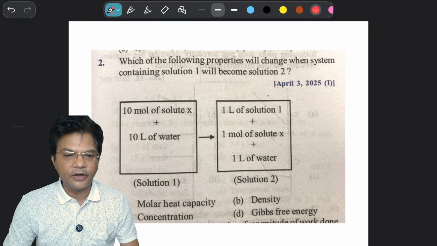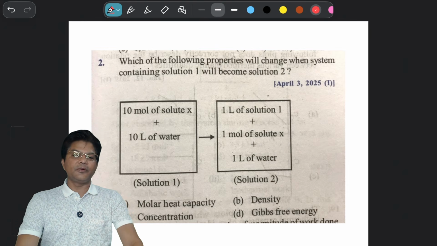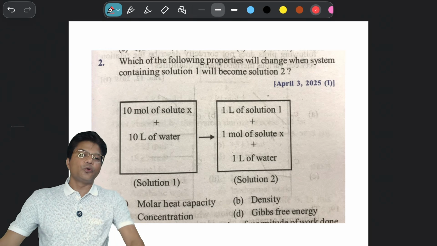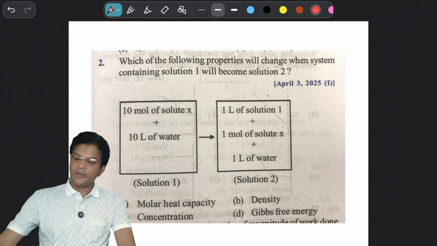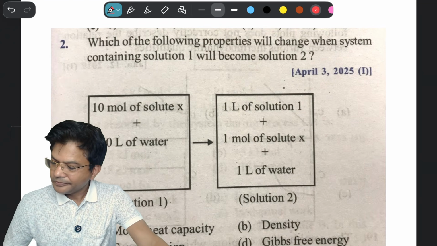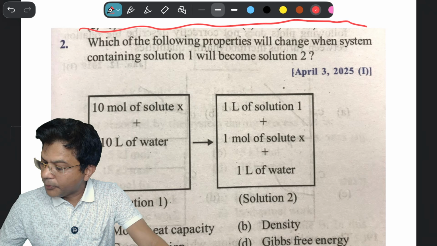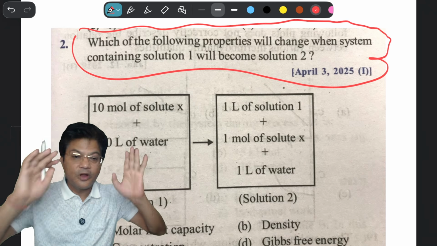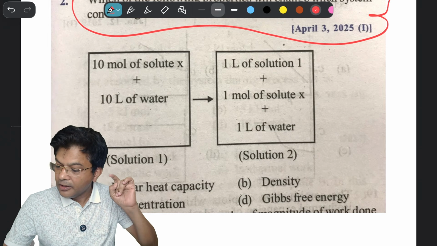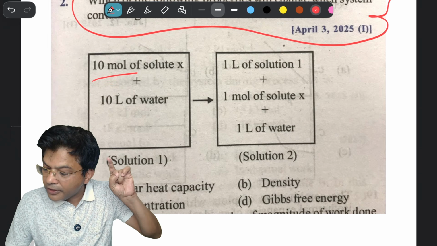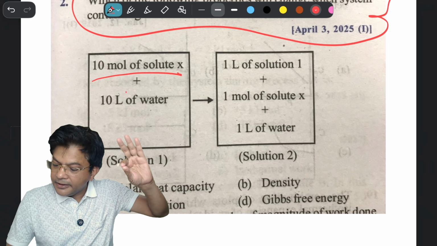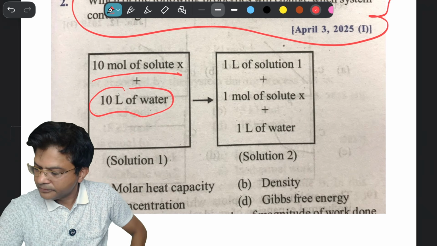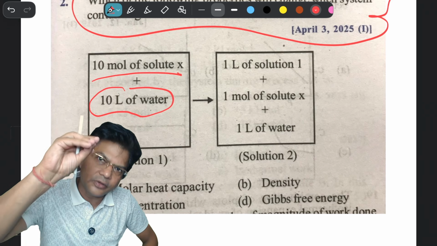Another question in front of your screen. Just see to it, everyone, and try it out yourself. The first reading of the question is very, very necessary. They are writing, which of the following properties will change? Will change. Now read the first solution. 10 moles of solute X added in 10 liter of water. You have got some solution. When 10 moles of solute are added to